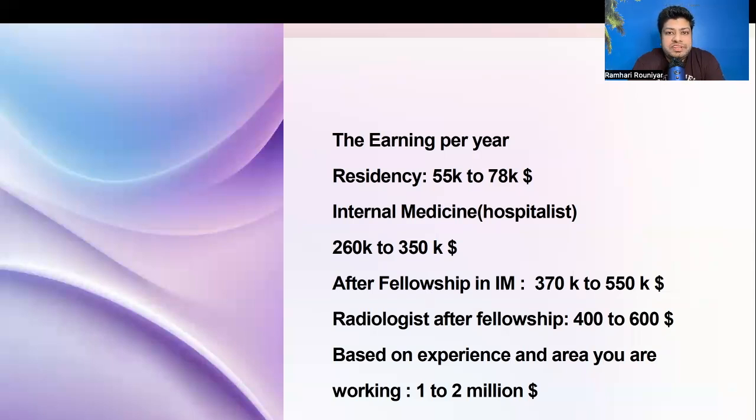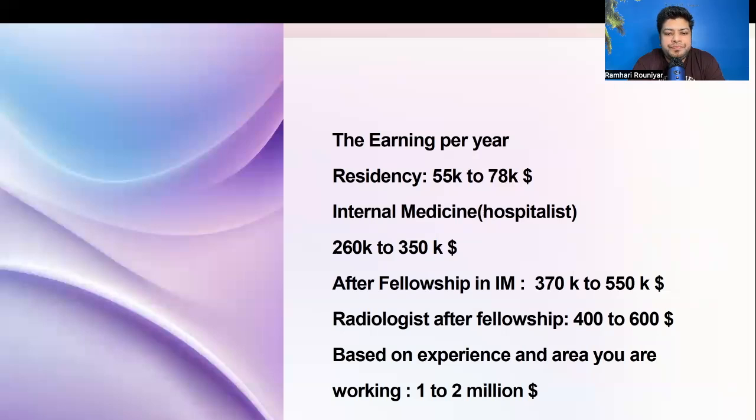When one finishes the residency, one can become a hospitalist or later do a fellowship. For the hospitalist job, it depends on the place where we are trying to work and the years of experience, so the range is usually